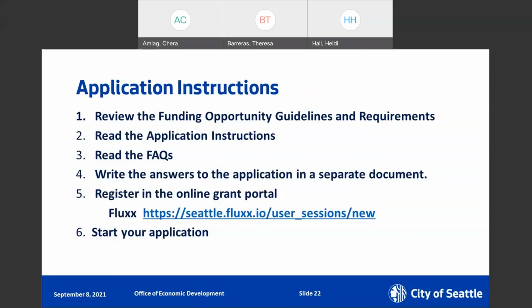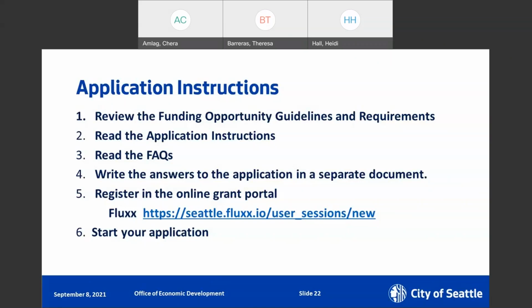And just wanted to quickly go over the application questions, and then we can take a pause and take any questions from anybody. So feel free to put them in the chat, or we'll also take a pause and you can ask them verbally. So in general guidance, we would suggest that you review the funding application instructions and the grant guidelines, which I referenced. Those are on our webpage that are linked to. There's also some translated information there as well. Read the FAQs. And then one suggestion is to develop the answers to the application in a separate document so that you're not getting distracted by the grant portal.